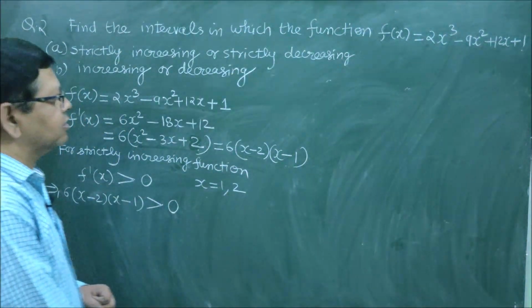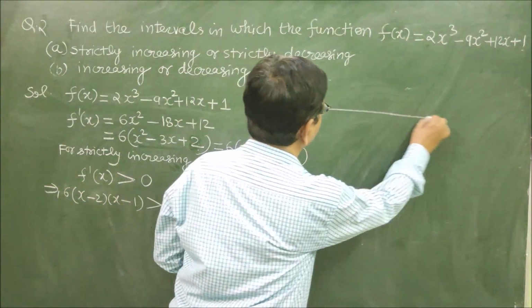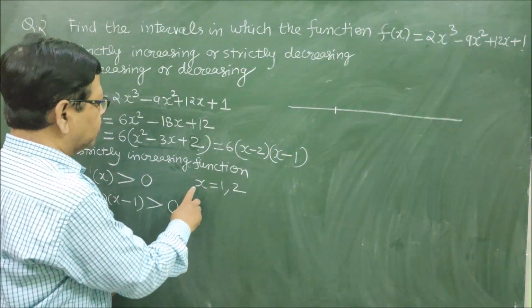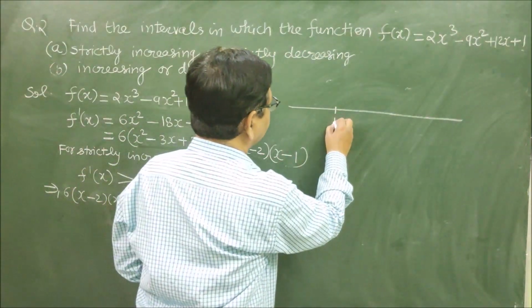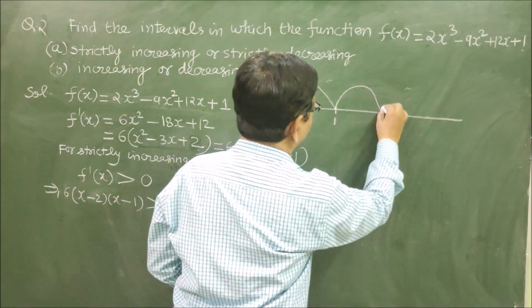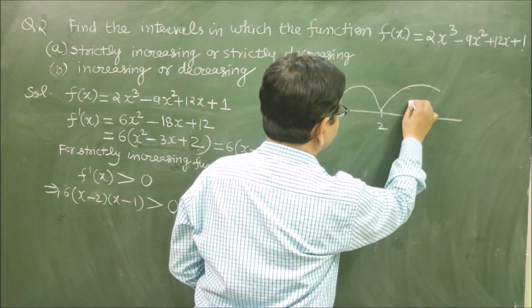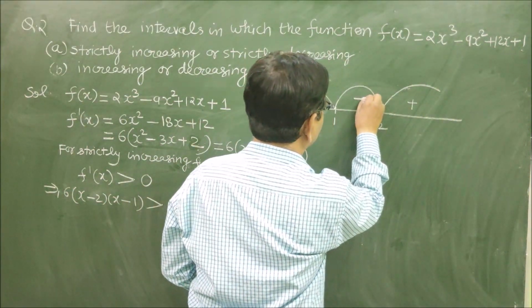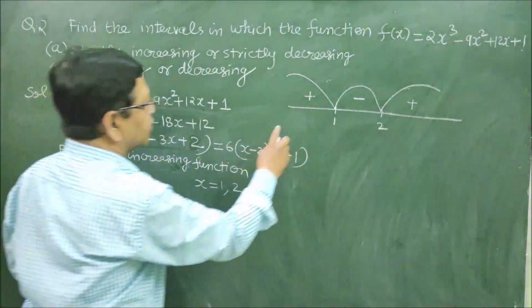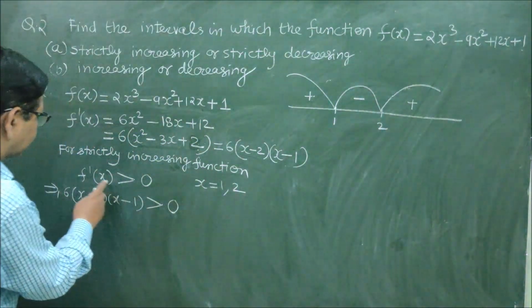Let us mark these points on the number line. This is the number line here. The lesser of these two numbers is 1 and the greater number is 2 here. And then let us make the wavy curve here. And on the right side we will start with plus sign, then minus sign, and then plus sign. So this will decide the sign of this